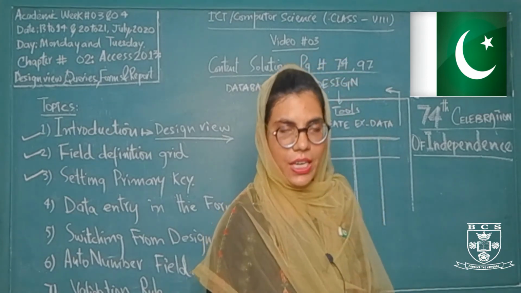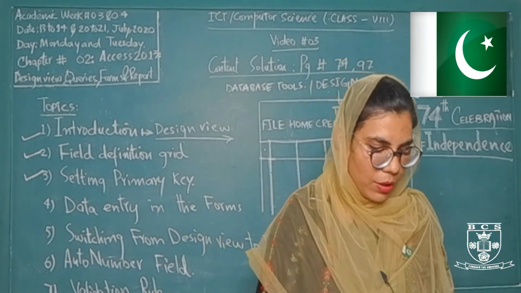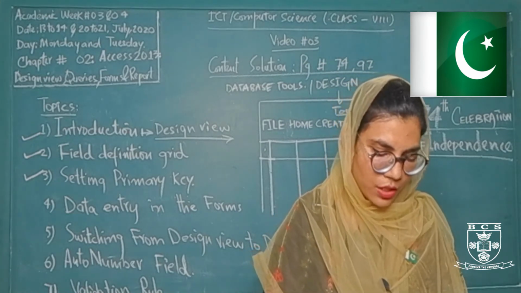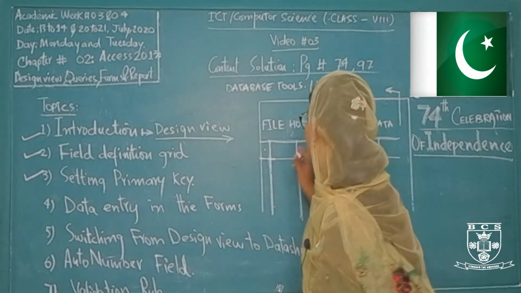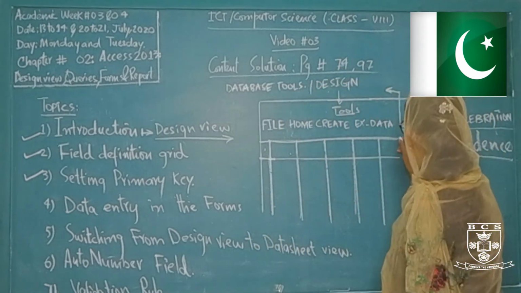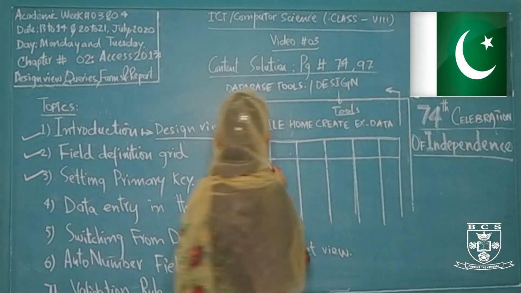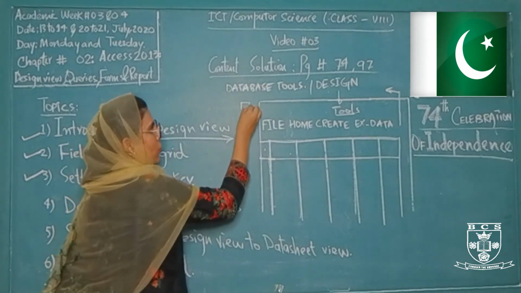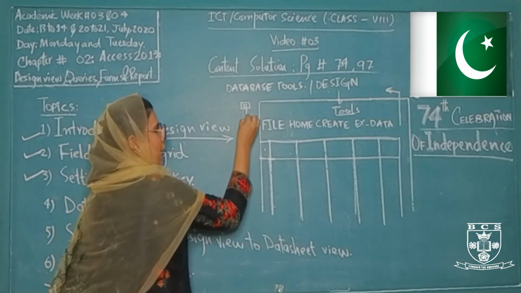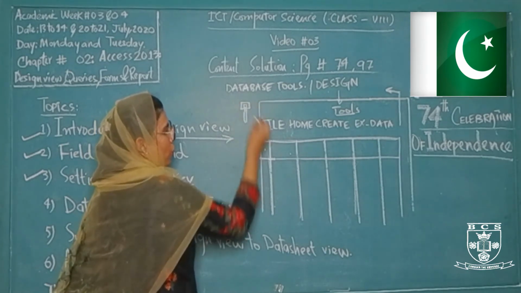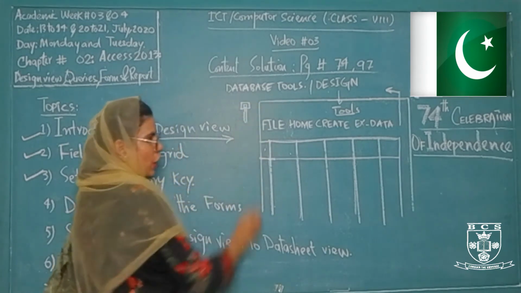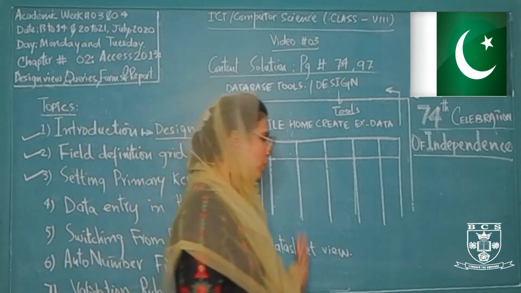So whenever we click this option, our field will be converted into the primary key. Now how will we identify that this field is a primary key? For representing it as a primary key, a key option will be displayed. एक की ऑप्शन आपको नजर आएगा इस तरह से ऑन द लेफ्ट ऑफ योर फील्ड. आपकी फील्ड में जैसे ही आपको एक की ऑप्शन नजर आने लगे, it means that this field has been set